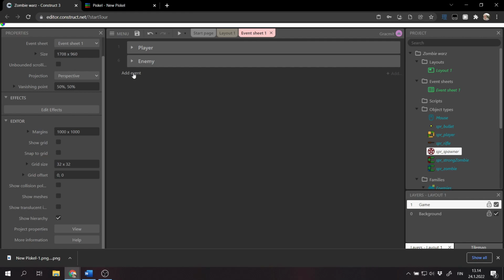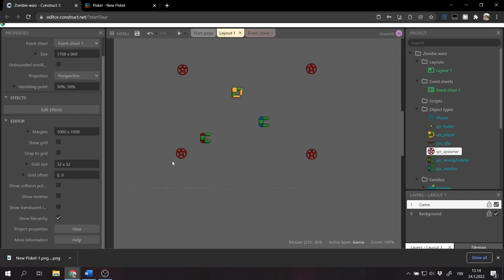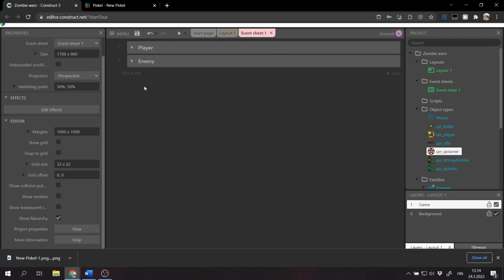So that's actually quite easy to make the zombies spawn from the spawners, and actually I want to do it so that in every single spawner we'll randomly select a zombie that will spawn on that spawn point in any given time, and maybe let's do it like it will happen every 4 seconds, so the player has to kill all the zombies fast so that they don't outnumber him. So actually we need only one event for this,